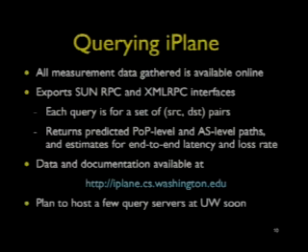For example, suppose you want to determine what performance some set of clients out there receive to your customers. You can basically input those source destination pairs as a query, and you get back predictions of what exactly is the PoP level path on each of these source destination pairs, and also what the latency and loss rate estimates are along these paths. So currently we have one query server running on this host, and we are planning to host a few more query servers at UDA pretty soon.